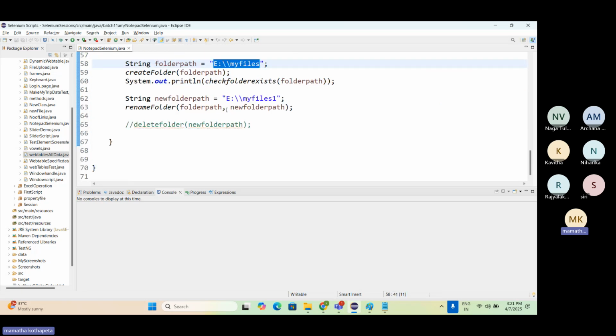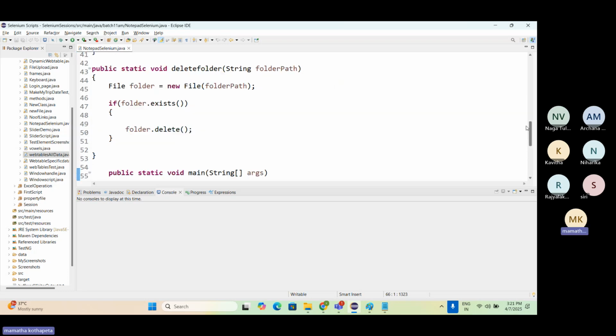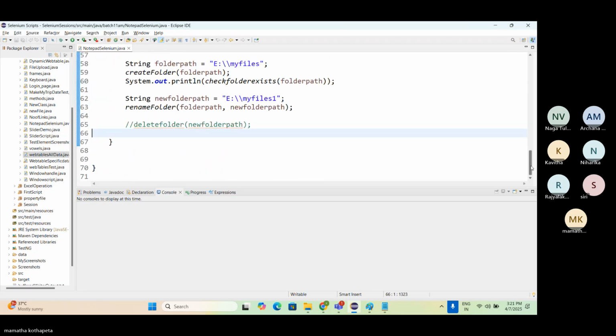But what happens in real time? Now it is only 65 lines, 70 lines. But in real time, it will be 500 lines, 400 lines of code. So where all are you going to change? How many lines are going to change? Correct. So the biggest advantage is that if you have that important secure information in the property file,